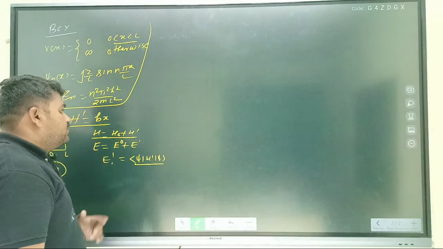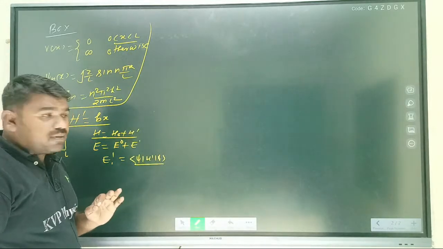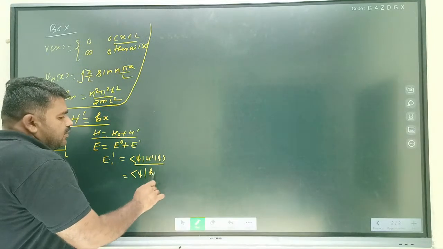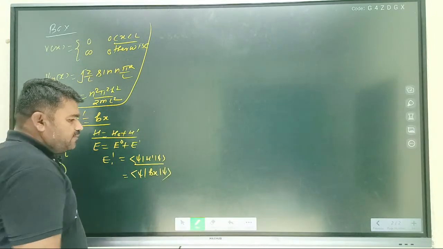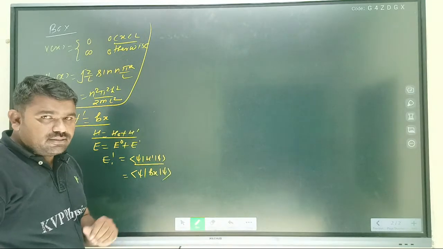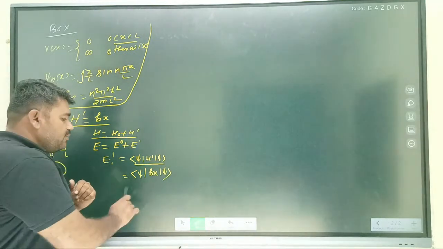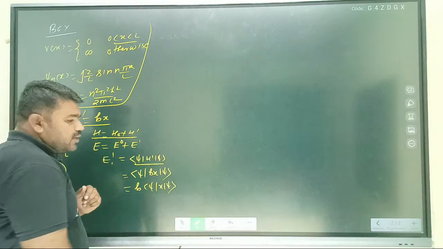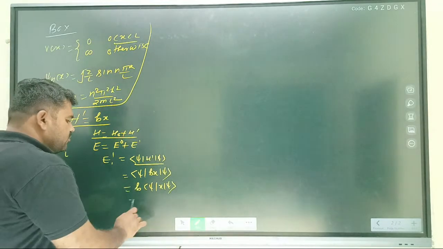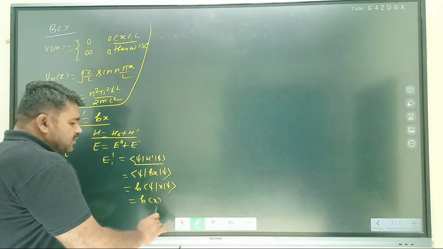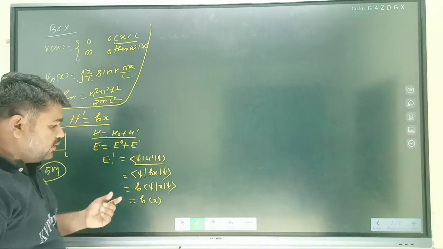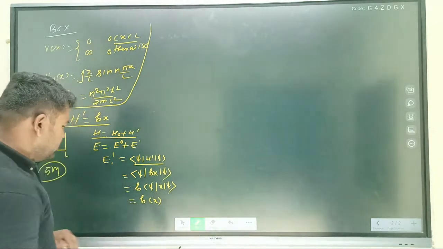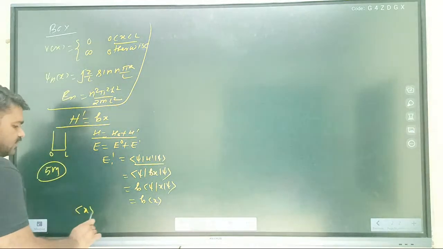Clear? Now psi H prime psi. What is H prime? H prime is Bx. Clear? Into psi. Now here B is a constant in this case. B we can take common out. Then we get psi x psi. Psi x psi is nothing but the expectation of x. And we already studied the expectation of x in a box. The expectation of x in a box is nothing but